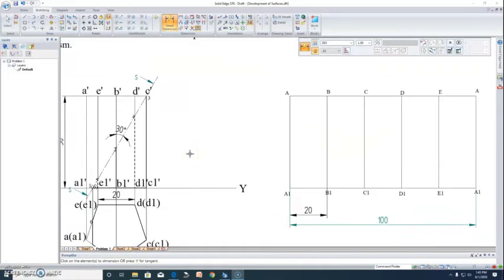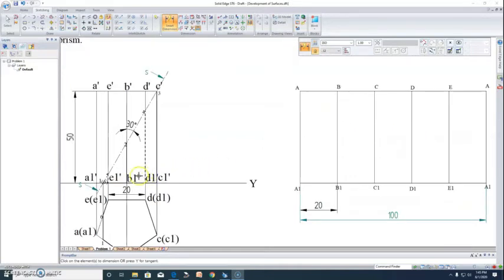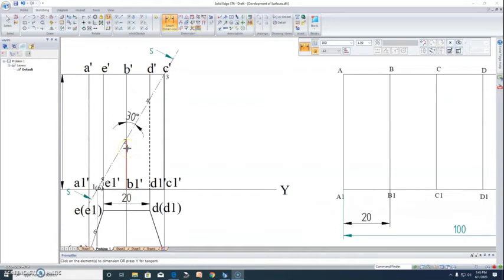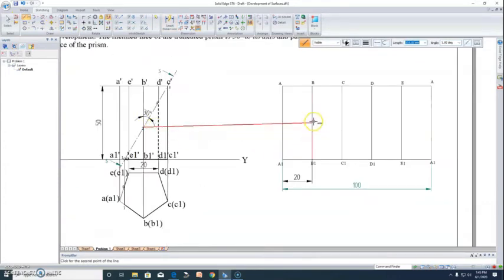So now, as you are aware that in parallel line development, you have to just transfer the respective points where the section plane is cut directly on the respective edge on the stretch out diagram. So in this case, as A1 has not been cut, we will not start from that. So we'll start from point 2, where that particular point has been cut on BB1, right? So what you can do is draw a horizontal projector from point 2 till BB1.